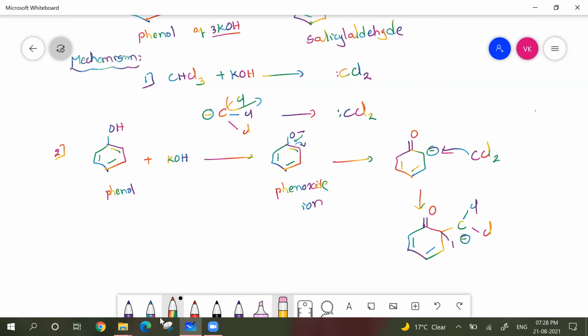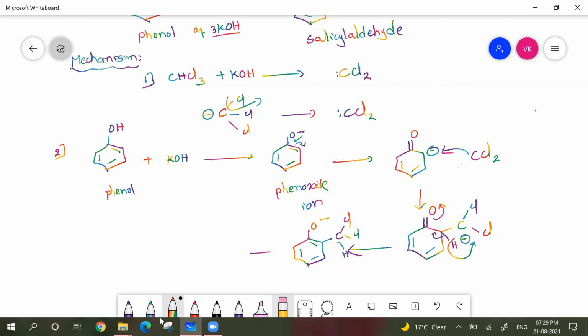So what we have here is hydrogen, right, students? This H plus will be shifted to the carbon and it will be converted like this. Here you need to observe all the transformations. H plus is attacking the carbanion, and the electrons will be given between these two carbons and then to the oxygen. So it is converting into O minus, here we are getting a double bond, and here we got C, Cl, Cl and H.